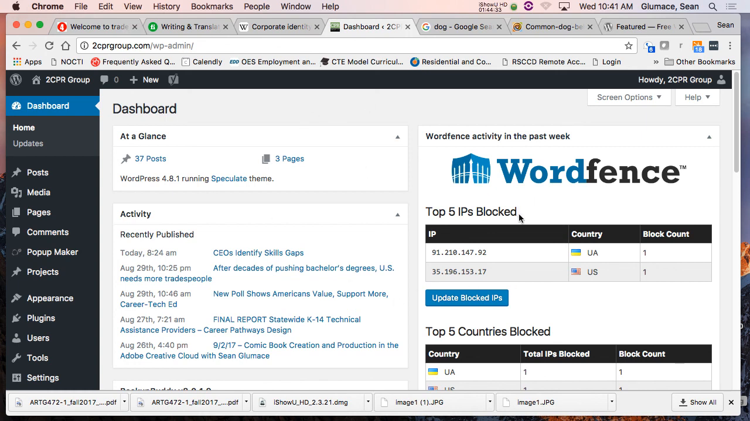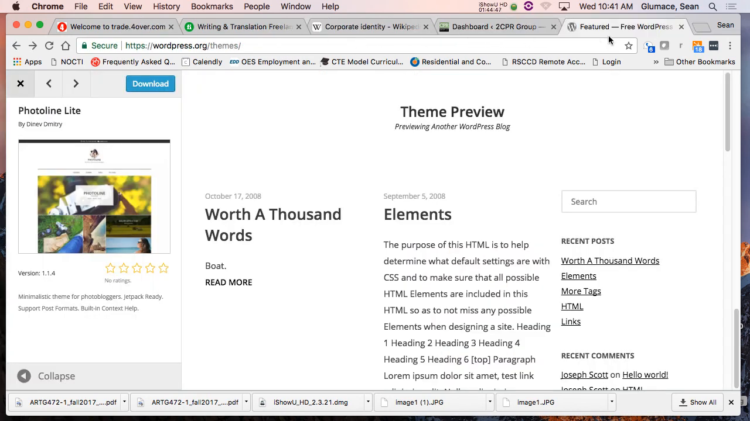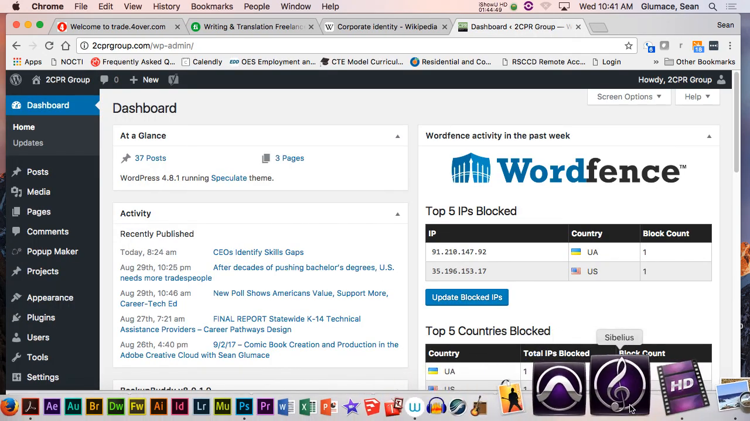And yours will look a little different, but we'll install Wordfence. This is all the security stuff. Only one person tried breaking in this week. And my site's new too. That's the sad part. They find you right away and then they try. So once that's done,